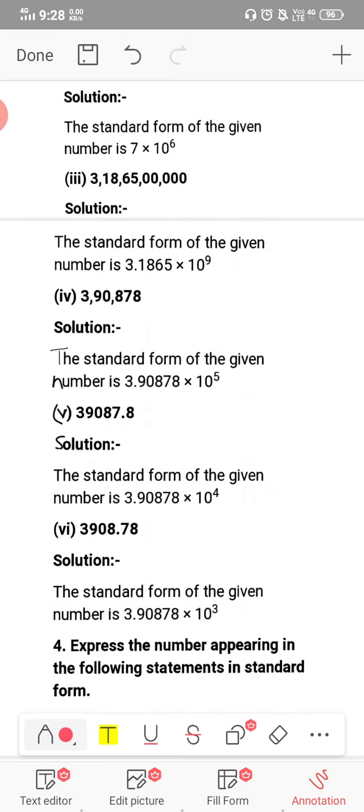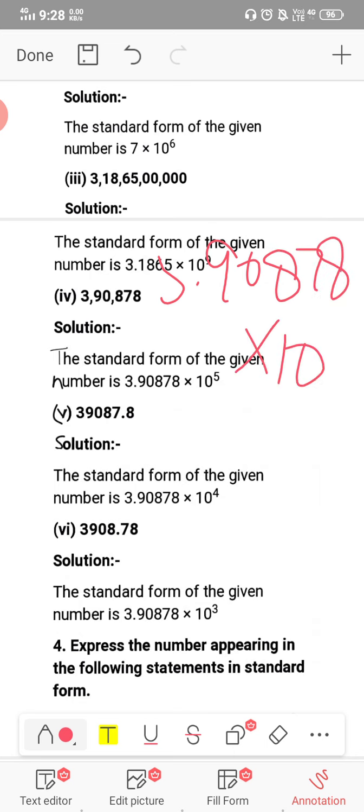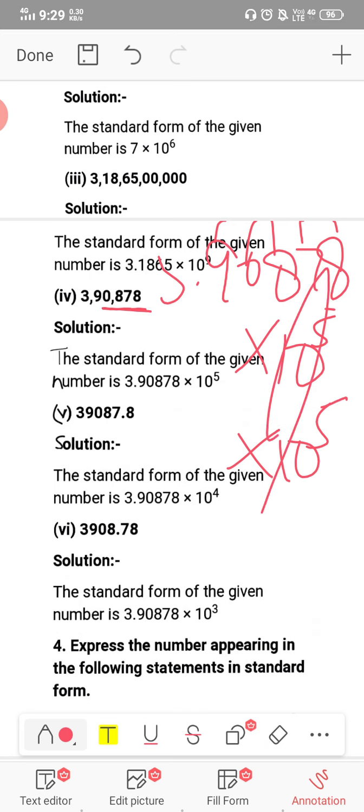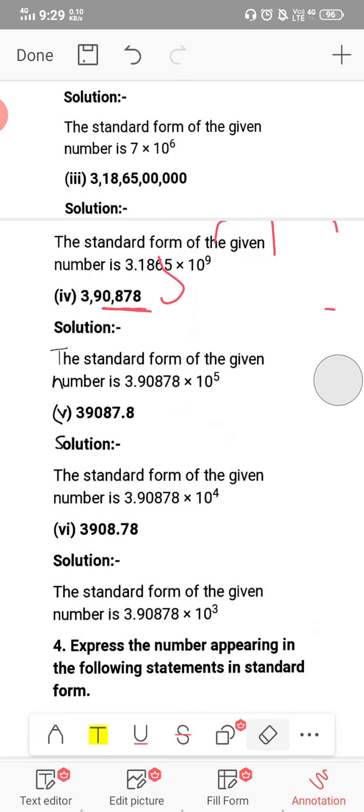So here we have 3,90,878. So we will write it 3.90878 into 10 to the power. Now count the digits 1 2 3 4 5. So it is 10 to the power 5. We have to put the decimal just after the one digit and then we will count all the digits behind the decimal and then we will write it in the form of 10 to the power whatever it is raised up to. Okay. Now moving on to the next part, it is 3 9s